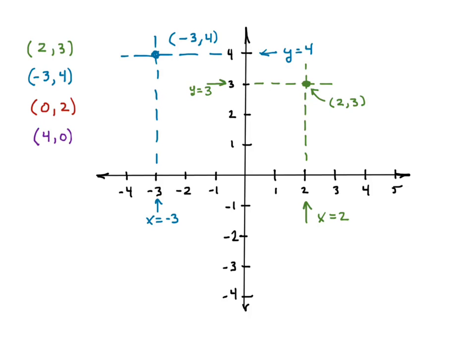Now the axes are perfectly good places to graph things. If we have x equals 0, that means we're somewhere along the y-axis, right? Since the y-axis is located at x equals 0, we'd expect it to be along the axis somewhere. And where y equals 2 is at this point, so 0, 2 would be plotted right there. And similarly, if we have 4, 0, that would be where x equals 4 and y equals 0, which would